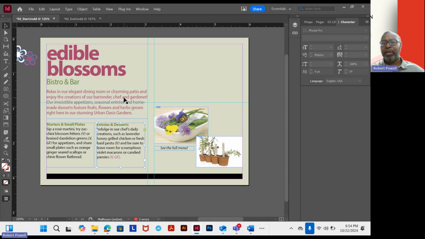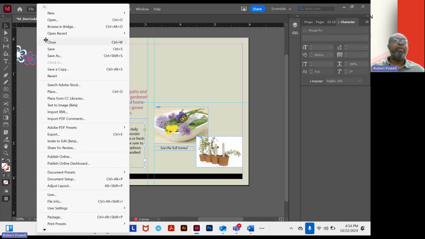When you're in the middle of something and something goes down, the power may go off, or your laptop may freeze. You want to make sure that you save everything. So before we do anything else, let's go to File and do a Save As, because we want to keep the original file,